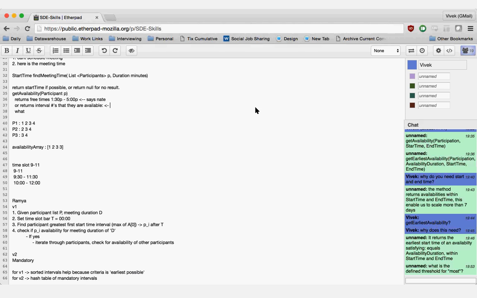Then you can scan for the mandatory, exactly as you would in the previous case, but check for the start time slot which has the highest number of optional people available from that start time onwards.